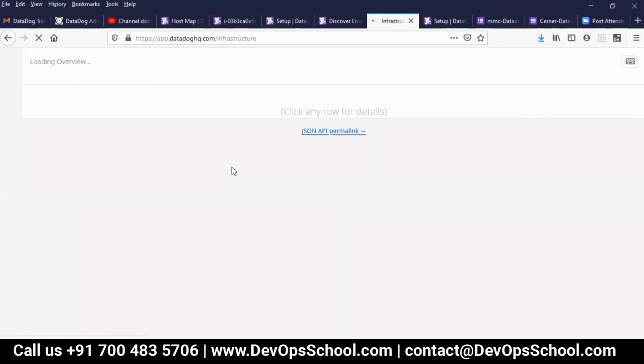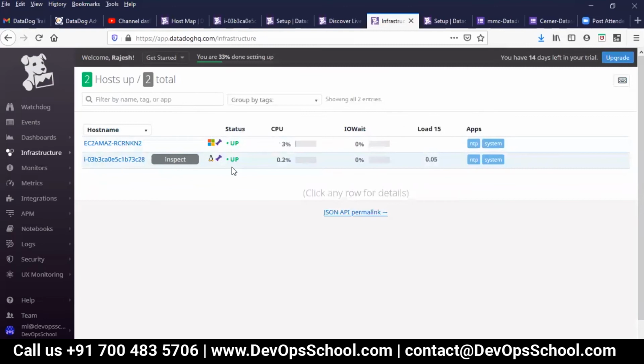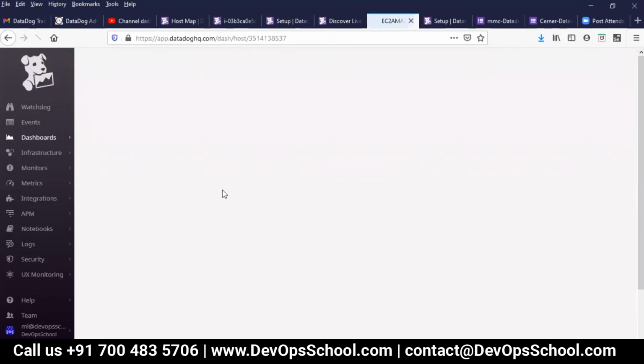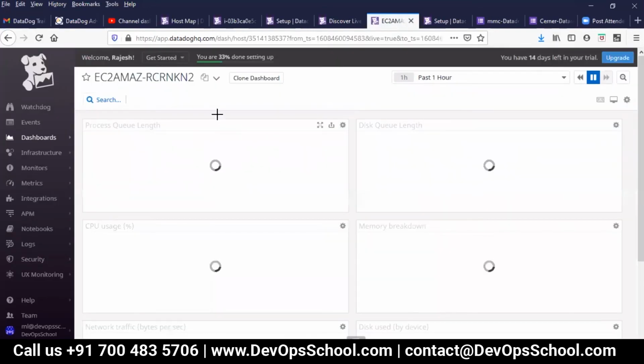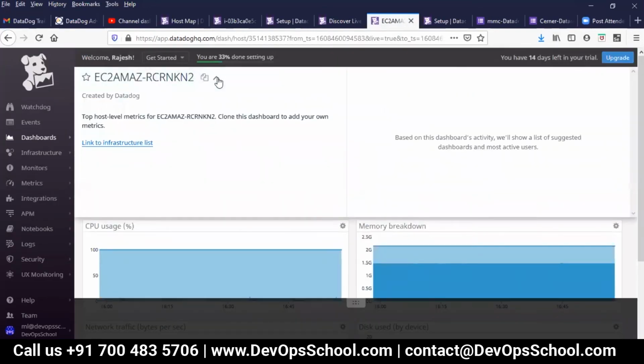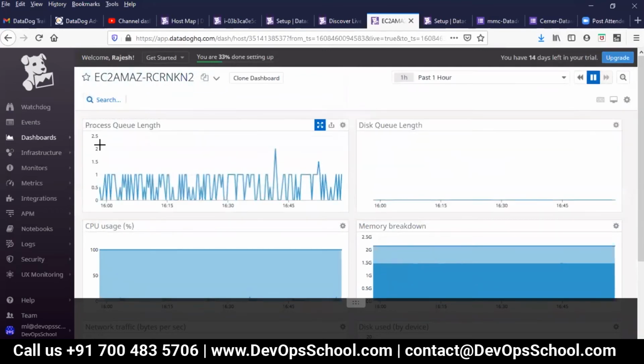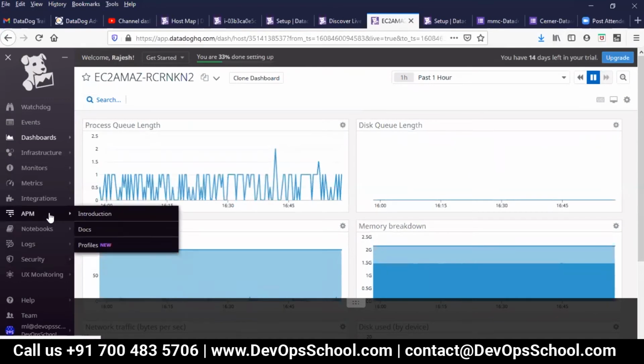So anyways, through that we get to know the process monitoring is not enabled. Actually, it should be here somewhere on top. Maybe I'm missing something here. One second.